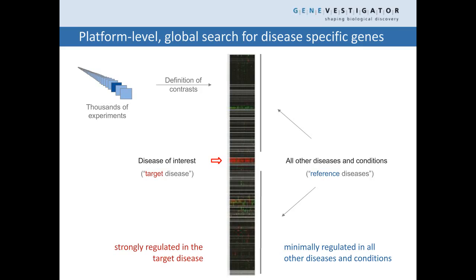So we developed an algorithm where we score every gene of the transcriptome in a big data matrix where we have thousands of different comparisons of diseased versus healthy, but also drug treatments against controls or genotypes against other genotypes. Whatever kind of comparison that can occur in transcriptomic studies,